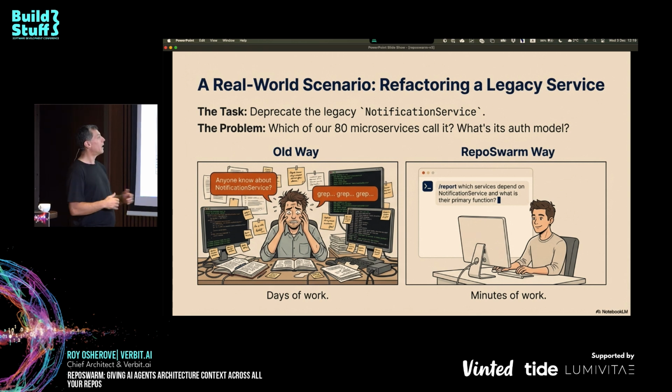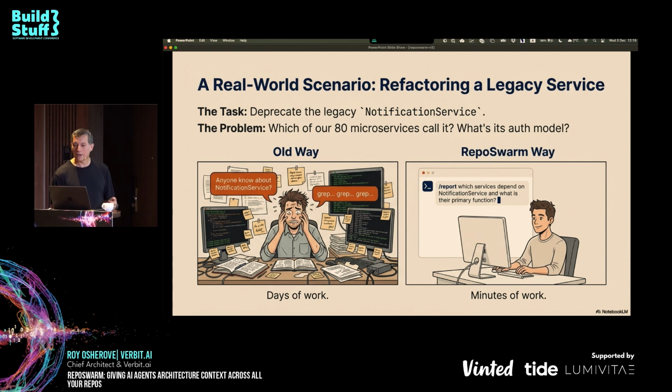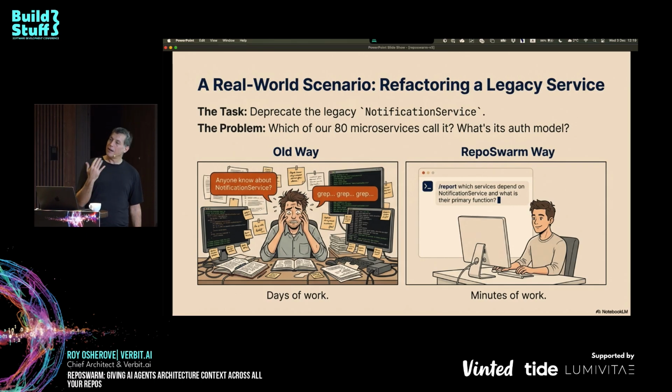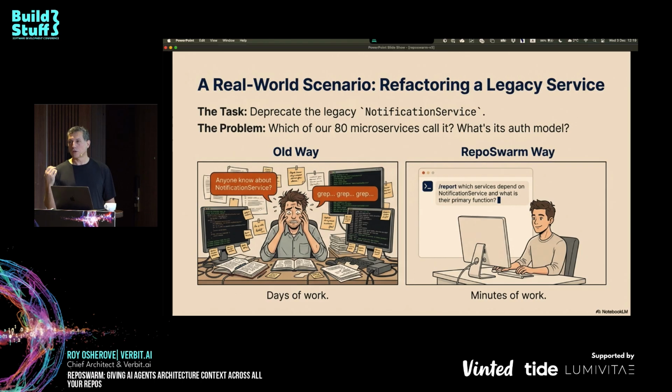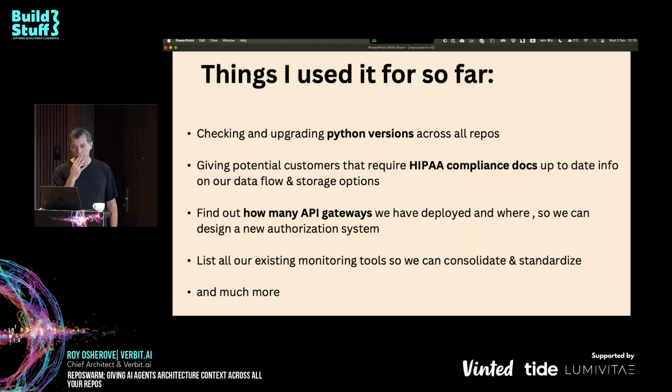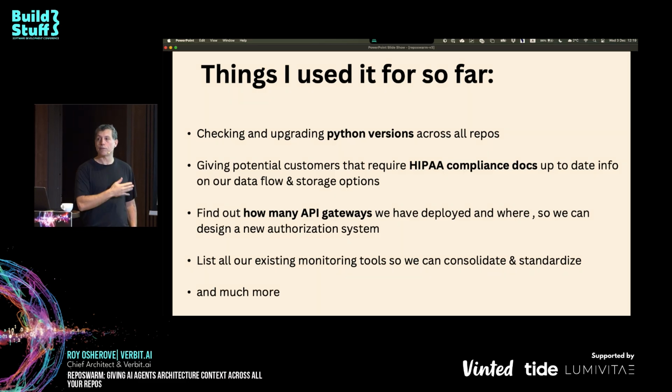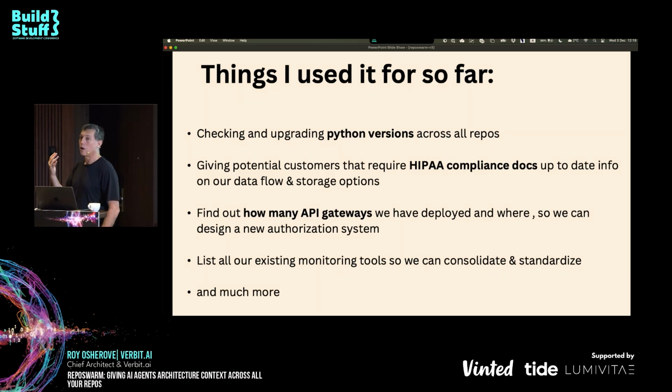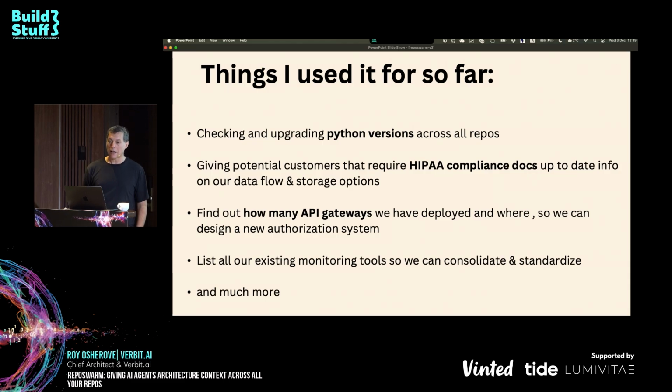By the way, this is NotebookLM. You have to do all that stuff manually. This will take you, again, 80 or 90% of the way there, and save you days, if not weeks of work, so that you don't miss a lot of important information. I used it when we had to update Python versions across our company and across our Lambda functions when they got outdated. Imagine we have probably over 100 Lambda functions across different repositories in our current product, and you have to make sure they're all updated.